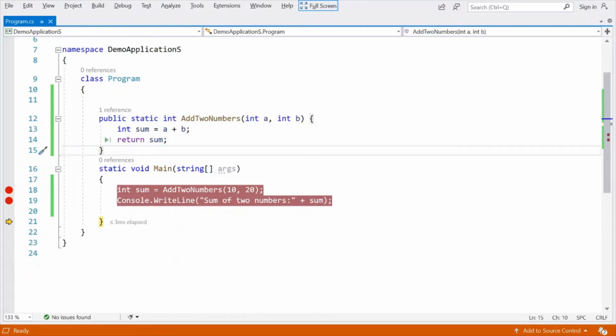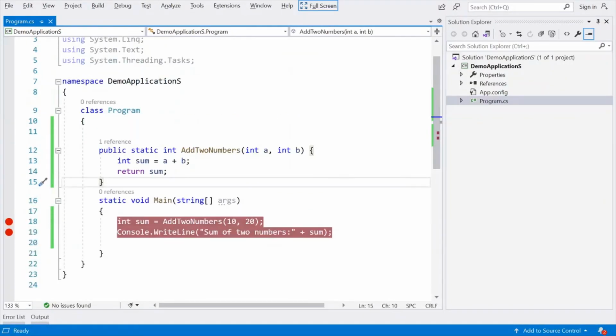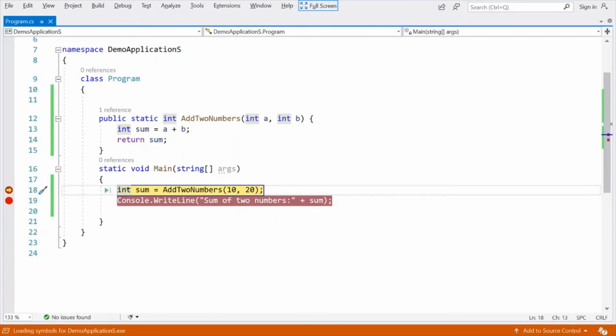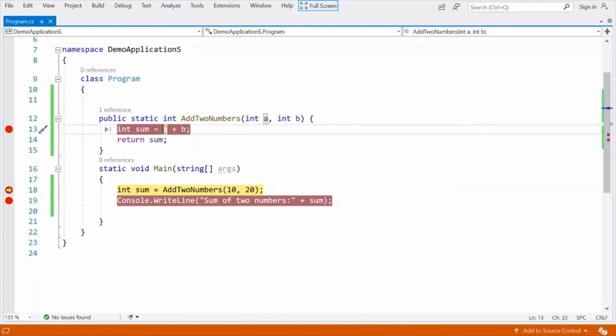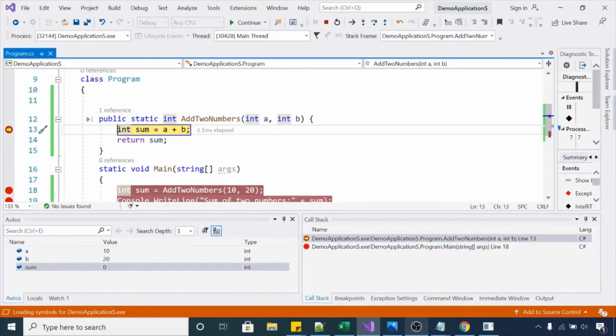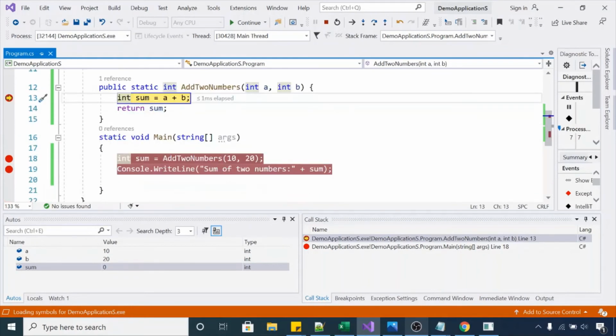So we have this application, and we are passing 10 comma 20 here. Let me put a breakpoint here. If I press F5, control is now at line number 13 and we have passed 10 comma 20 to these variables.